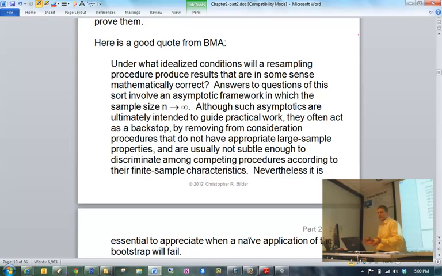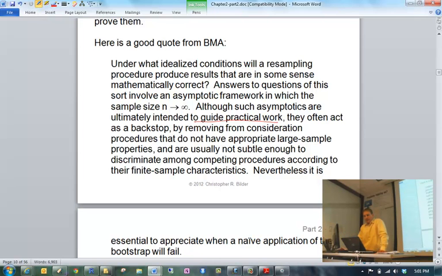Now, answers to questions of this sort involve an asymptotic framework in which the sample size n goes to infinity. Although such asymptotics are ultimately intended to guide practical work, of course, when do you ever have a sample size of infinity? I've never had one. They often act as a backstop by removing from consideration procedures that do not have an appropriate large sample property. In other words, we like the stuff to work well for a very large sample size. Of course, you're never going to have a sample size of infinity. So this serves as a way to say, let's throw out the other procedures that, as n goes to infinity, just don't work